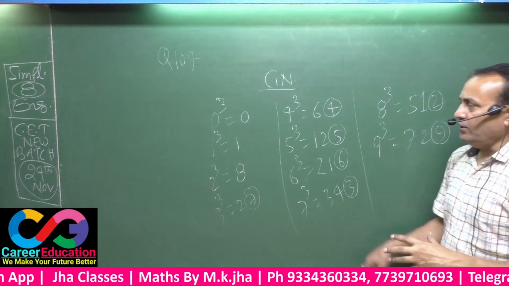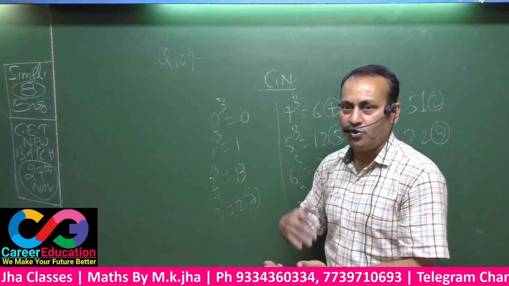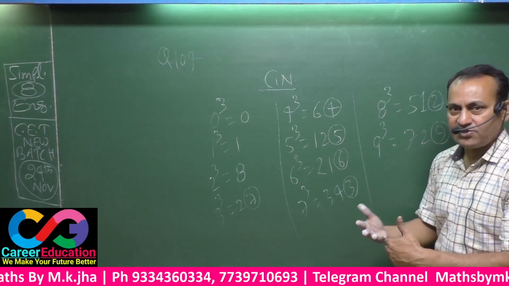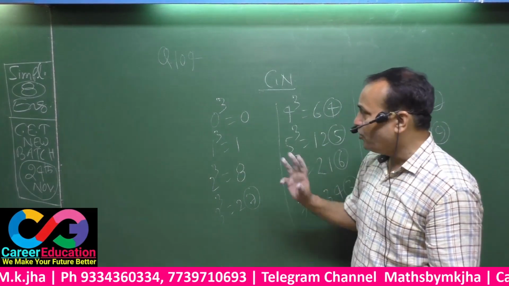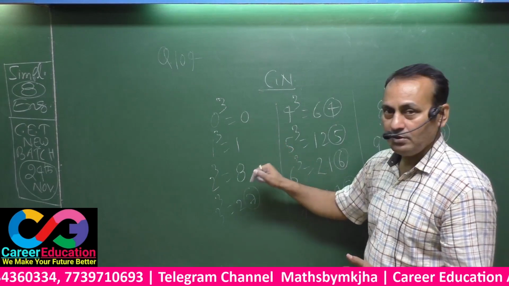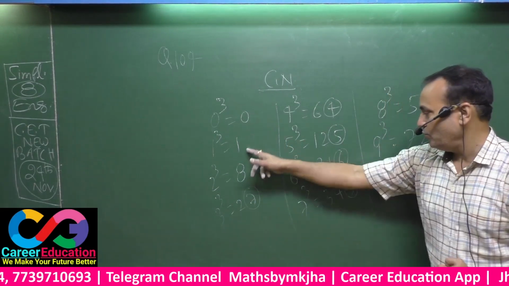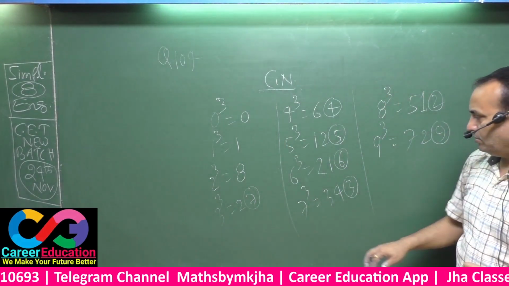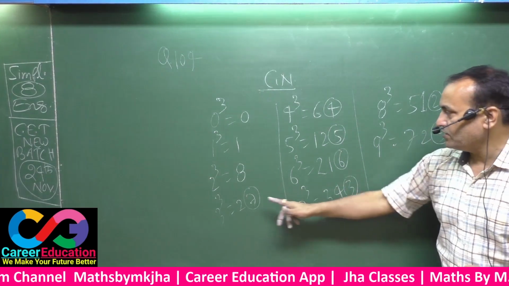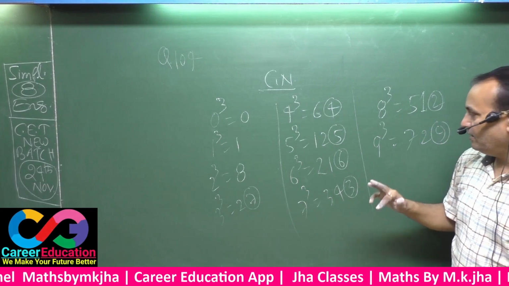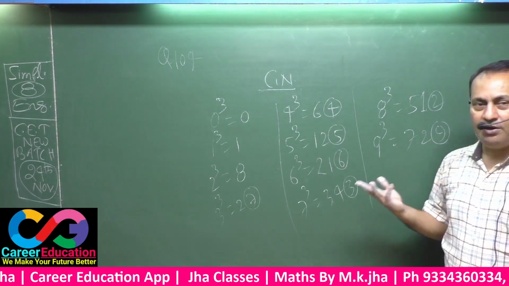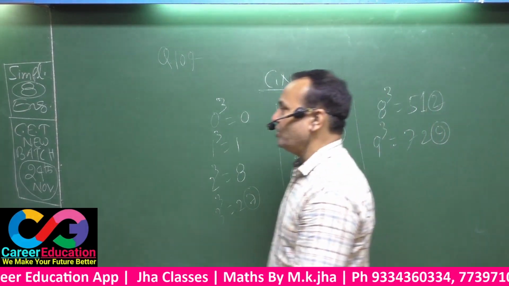That means see here, you got all the cube values of 0 to 9. That means 0 cube up to 9 cube regularly, successively. Okay. That means you got at unit place, see here, 0, 1, 0, 1, 2, 3, 4, 5, 6, 6, 7, 7, 8, 9, all. That's why I have dictated you.